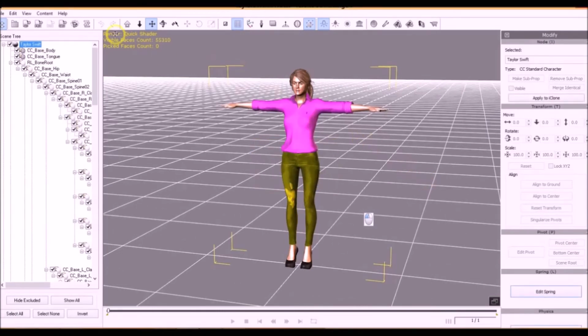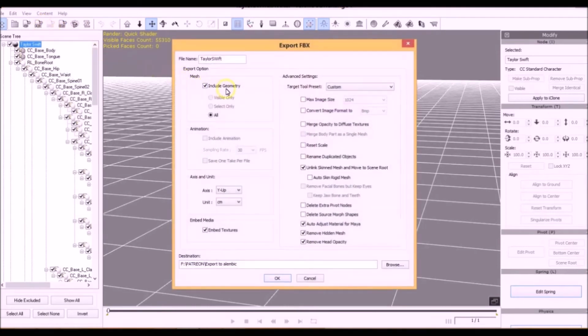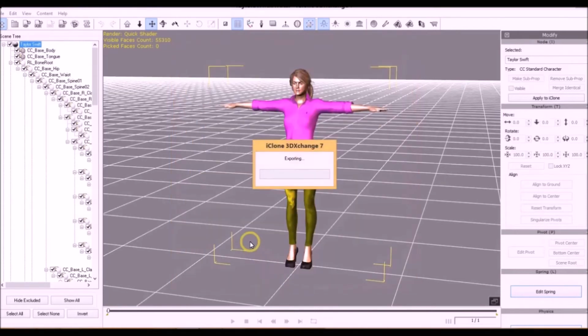You have the Export Alembic menu, in which you need to select one of the three export range buttons. Let's select, for example, the last button, range. Now our character animation has been exported to an Alembic file.